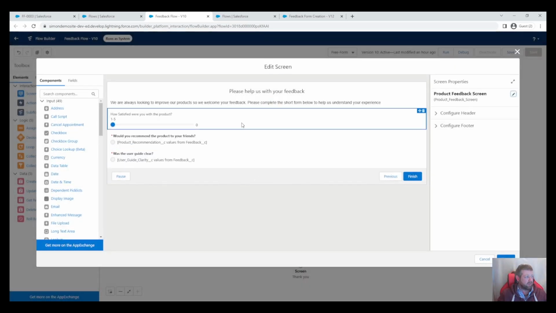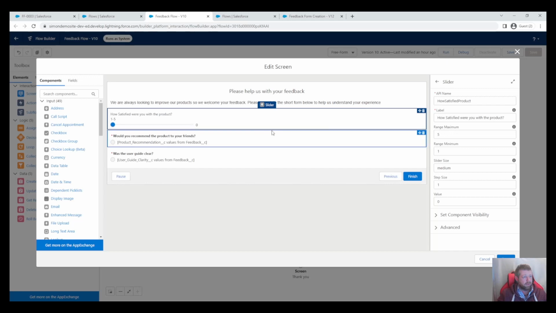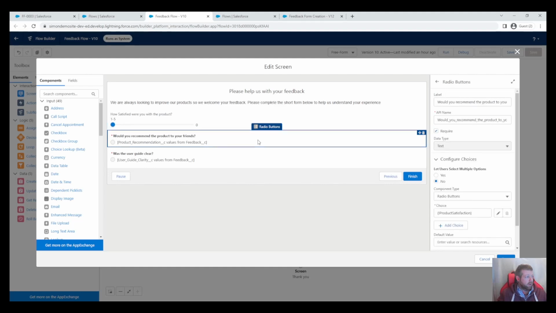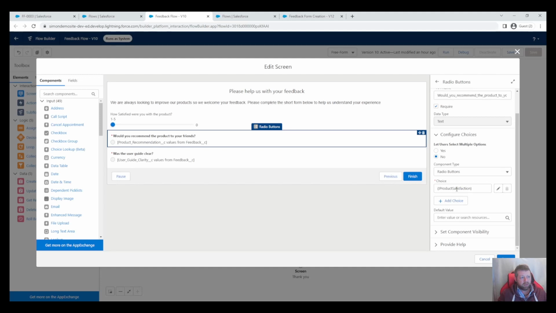So I've got three very simple fields here. We have ourselves a slider, 1 to 5, how satisfied were you with the product? We have a would you recommend the product to your friends? It's a simple pick list. I've chosen radio buttons, and then here you have a choice set. So if you haven't used these before,